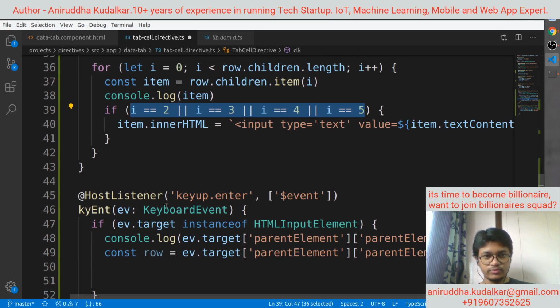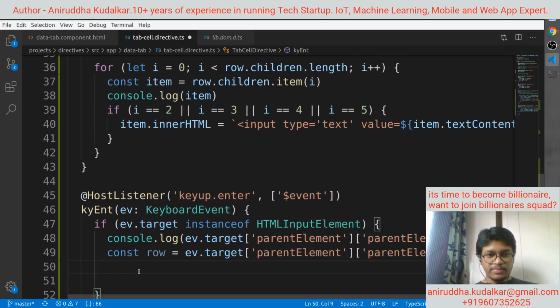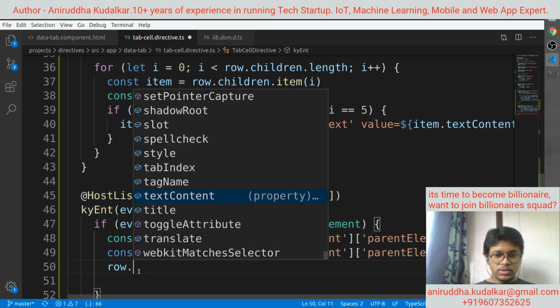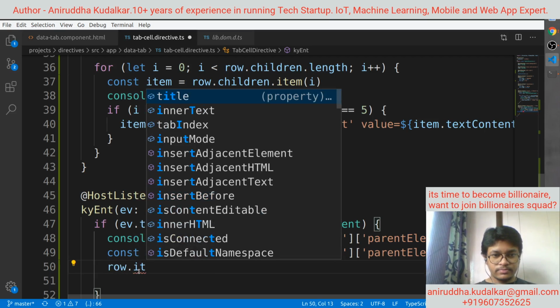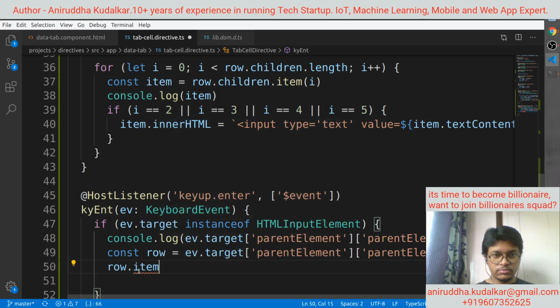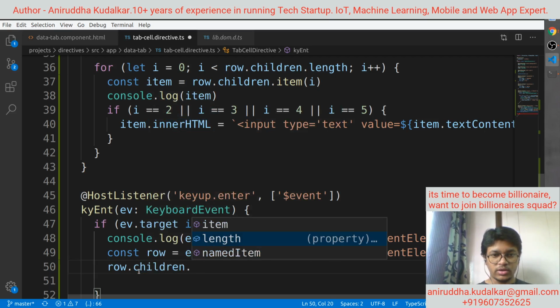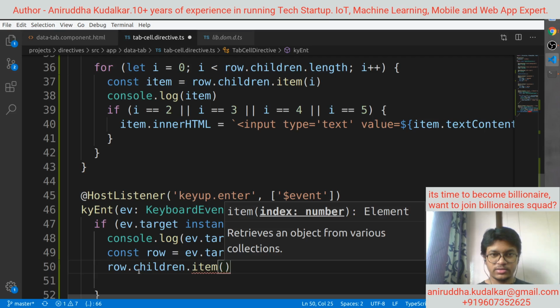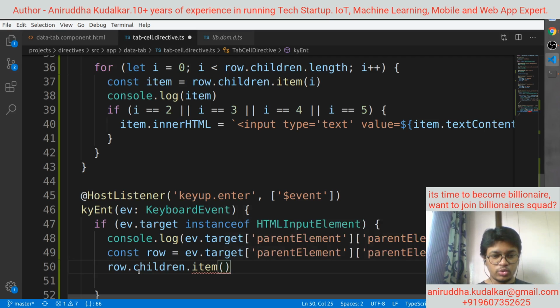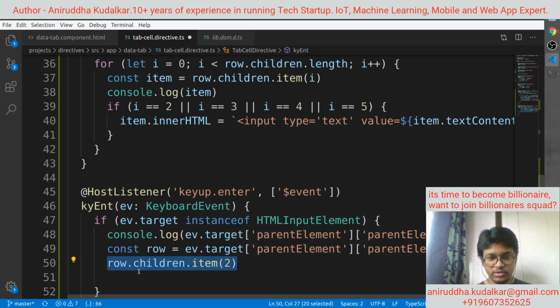So what you can do, simply item dot row dot item, row dot children dot item, add the length to, we need to change the content of, sorry,